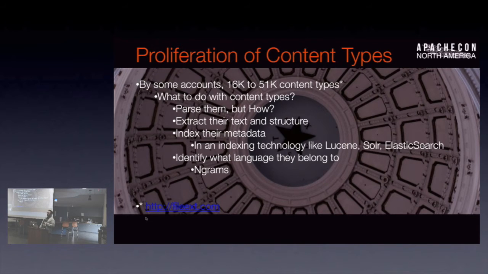The reason that we want to exploit these signatures and know things about them is that we want to do stuff with the data that's in the files. In a search engine, where a lot of this originated, we want to extract the text, extract the metadata, and understand what language the underlying content is, because that influences the way we do that. But in other applications, you want to do different things.